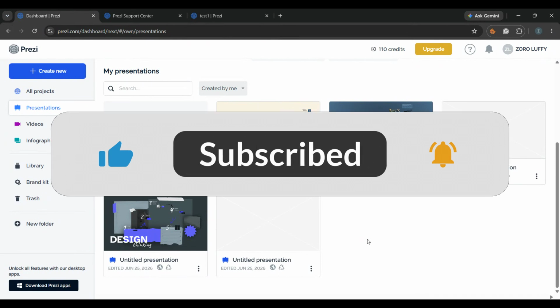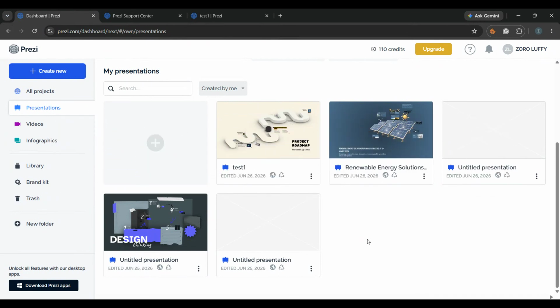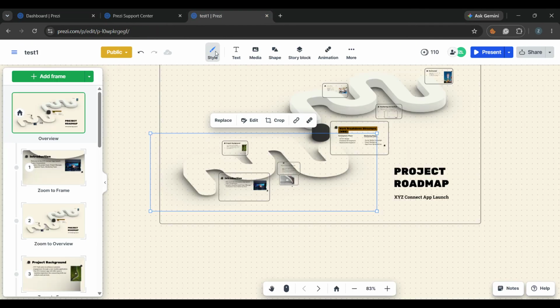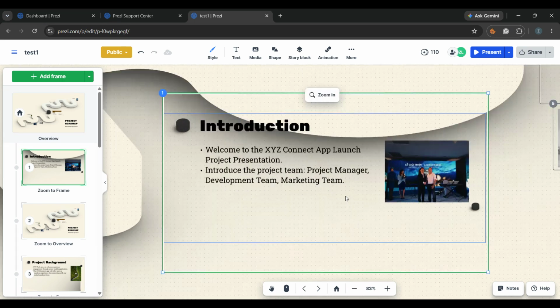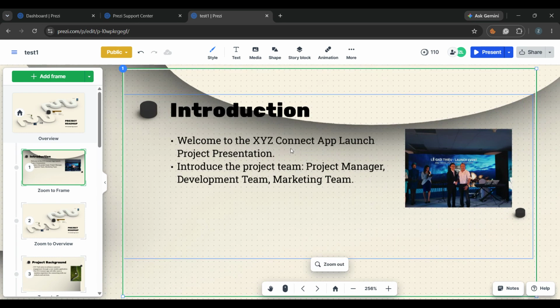Alright, let's jump in. First, open your Prezi presentation and go to the slide or frame where your text is located. To start editing, double-click directly inside the text box. This puts you into edit mode, which is the only way you'll be able to make formatting changes to the text itself. Once you're inside the text box, take a moment to find the exact line or paragraph you want